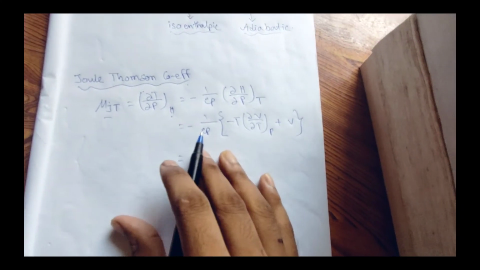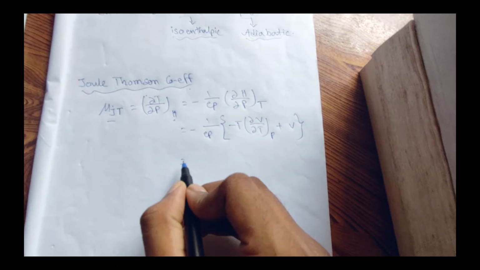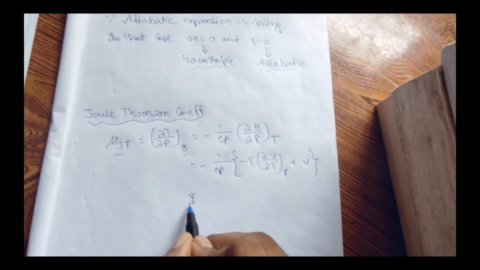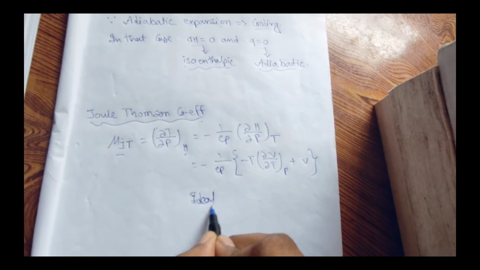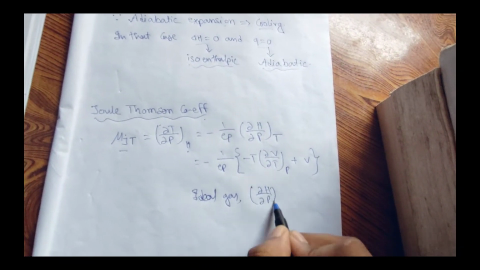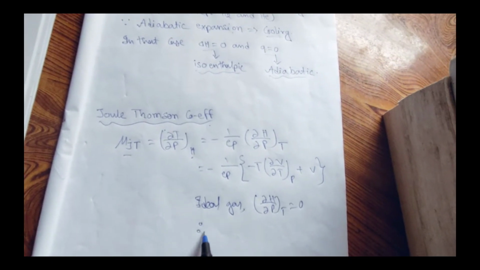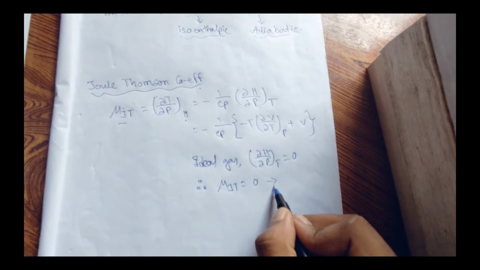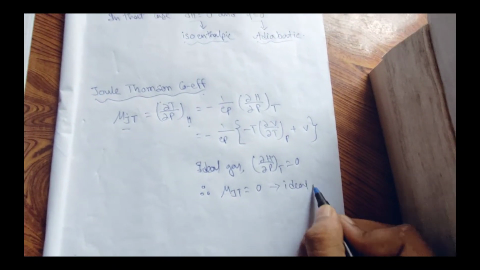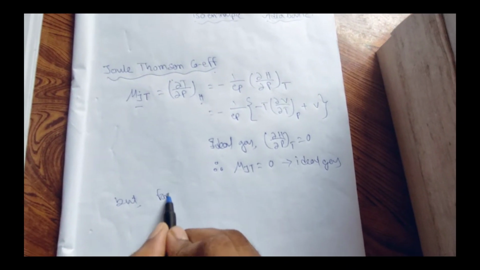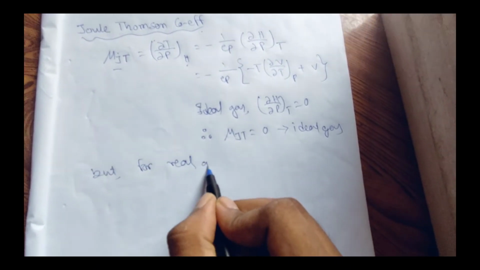Now for an ideal gas, this value del H by del P is equal to 0. For the ideal case, del H by del P at constant T is equal to 0. That means mu JT is equal to 0. This is for an ideal gas. But for a real gas,